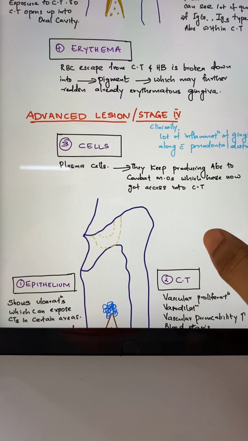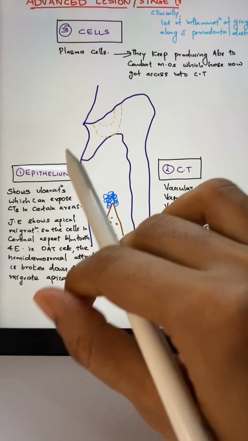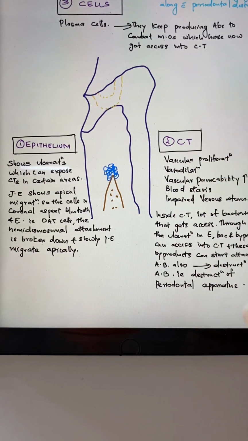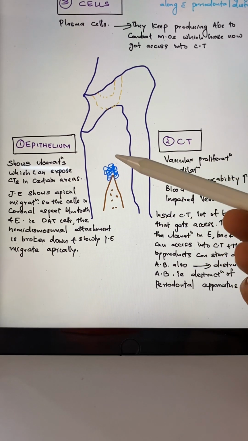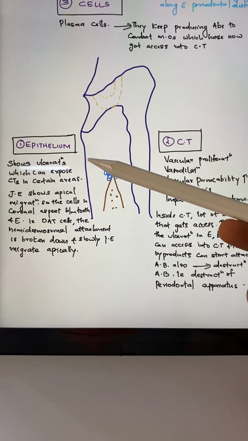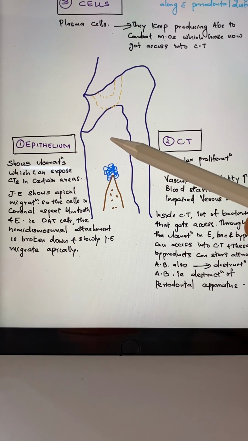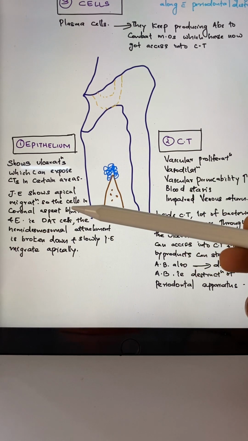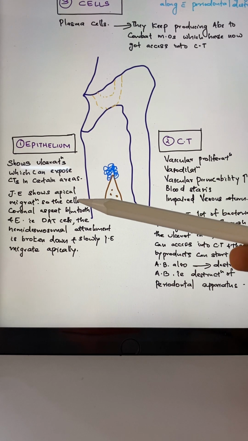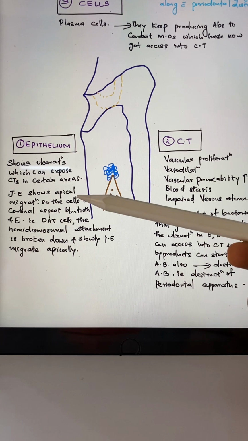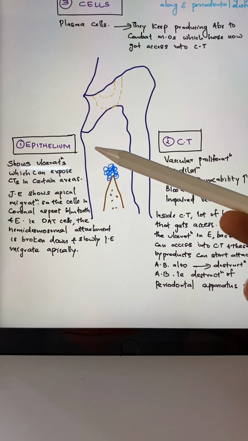And next is the advanced stage, that is stage 4. In this we can see some changes in the epithelium, connective tissue and the cells. The epithelium shows ulceration, which can expose connective tissue in certain areas, and the junctional epithelium shows apical migration. The cells in the coronal aspect between the tooth and the epithelium are the DAT cells, which I discussed before when I discussed the junctional epithelium. In these cells the hemidesmosomal attachment is broken down and slowly the junctional epithelium migrates